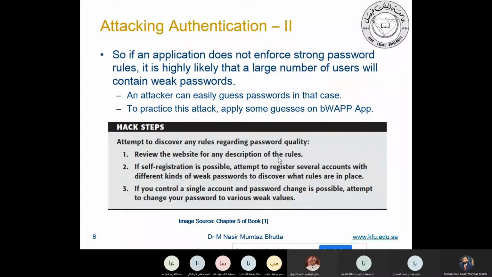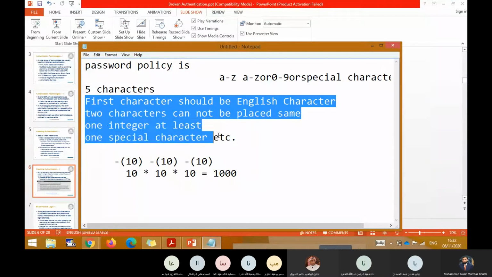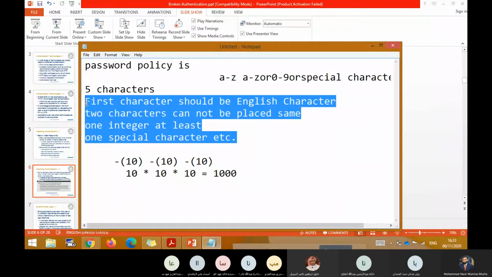For example, in our discussion here, these are the restrictions, and if we try a password like A, B, it is already wasted, because we know there is no chance that A, B can be the password, because of the policy. You understand, students?